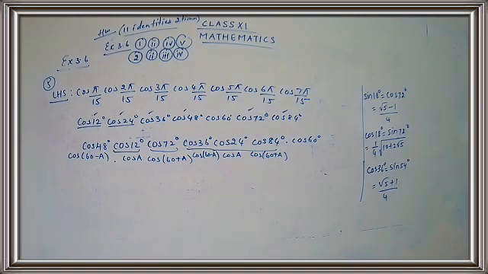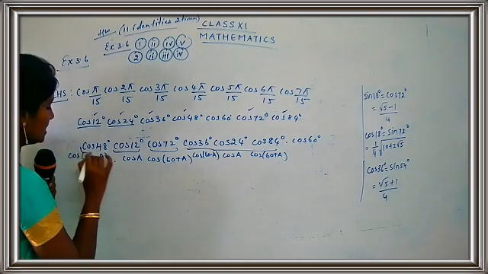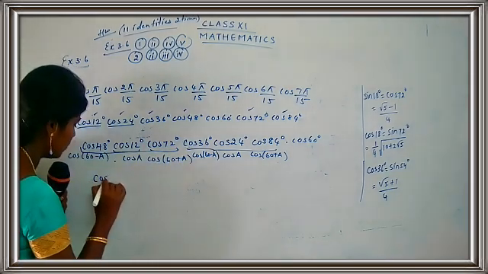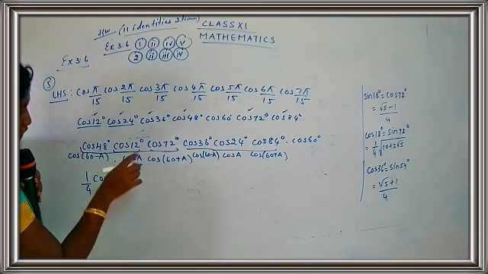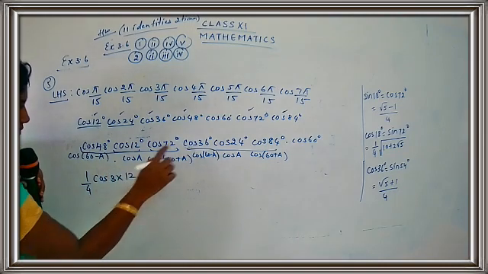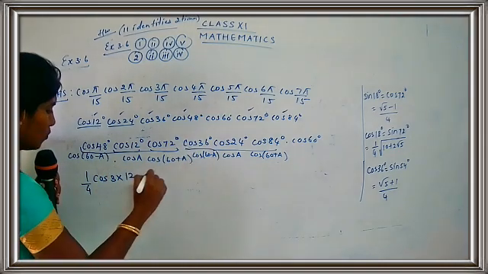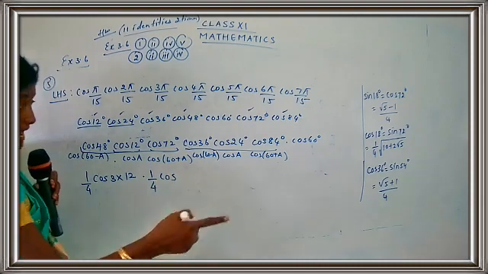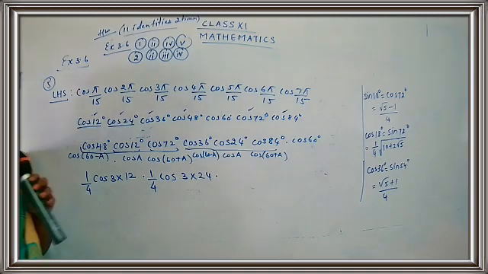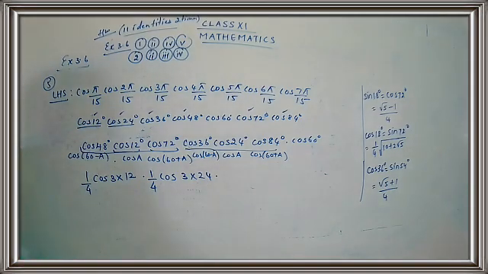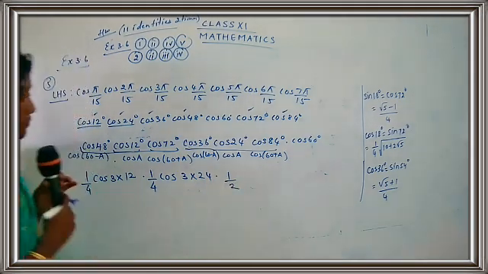So you can just write down the next step also with the pencil. If you want, you can just write down with the pencil. And cos 60 is left out without any pairing. So what is the formula for this? For this 3, the formula is 1 by 4 cos 3a. So 3 into a. What is a? 12. For this, the formula is again 1 by 4 cos 3a. What is a here? 24. So 3 into 24. At the last, cos 60, we know the value for cos 60. What is it? Half. So put the value half.